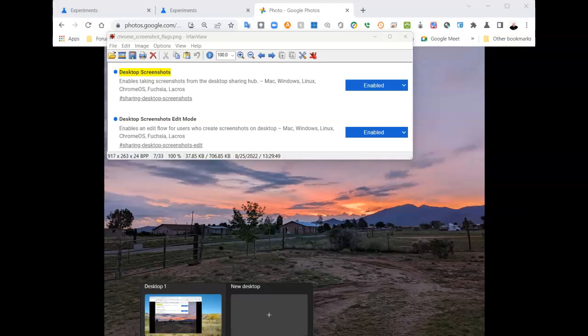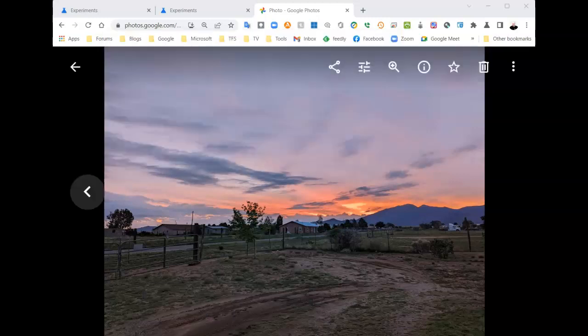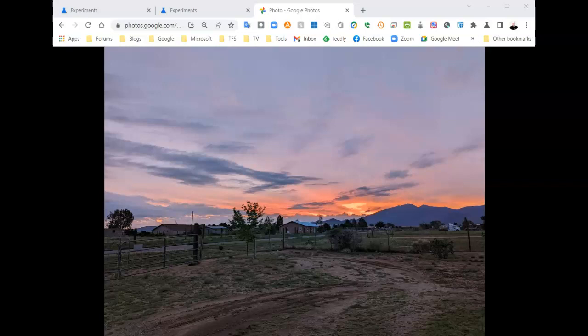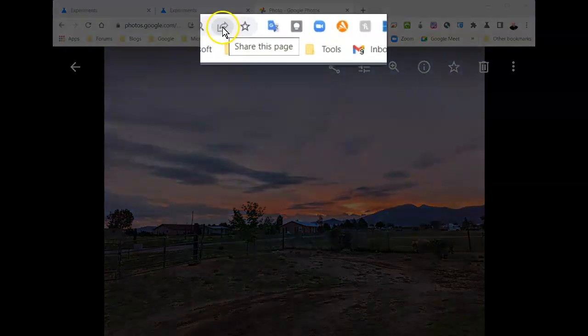Did you know that you can now do screenshots directly from within the Chrome browser? You don't have to add any special apps or extensions. Just make some changes in the Chrome flag settings. And once that's done, when you have something open that you want to do a screenshot of, simply select Share